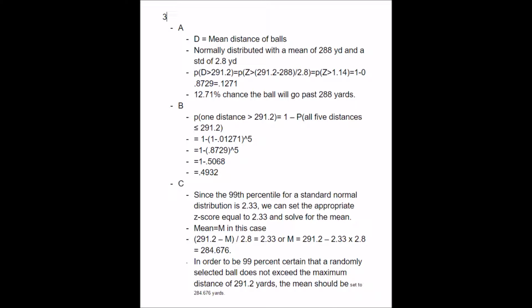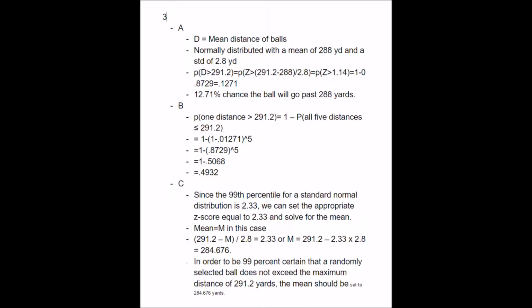AP question. Golf balls must meet a set of 5 standards in order to be used in professional tournaments. One of these standards is distance traveled. When a ball is hit by a mechanical device named Iron Byron, with a 10-degree angle of launch, a backspin of 42 revolutions per second, and a ball velocity of 235 feet per second, the distance the ball travels may not exceed 291.2 yards. Manufacturers want to develop balls that will travel as close to the 291.2 yards as possible